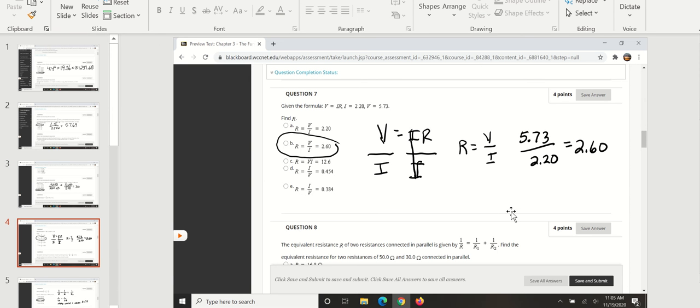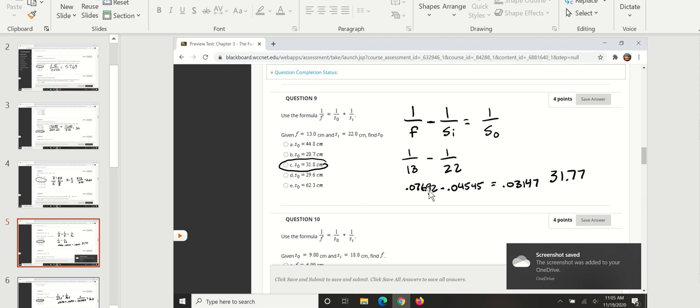Question number 7. This is Ohm's law. Hopefully you don't have any problems doing this, because this is one of the ones we use all the time. The formula is V is equal to IR. I is 2.2. V is 5.73. If you're finding for R, you have to divide both sides by I, and when you do that, the I cancels out, so R is equal to V over I. This is V, this is I, this is the result, 260. So the formula for resistance is equal to voltage over amperage, and with the values given, 260